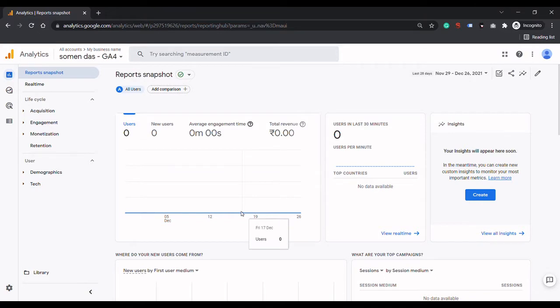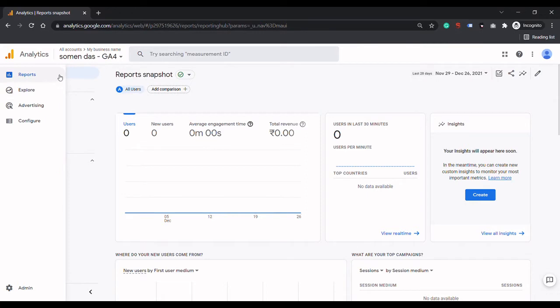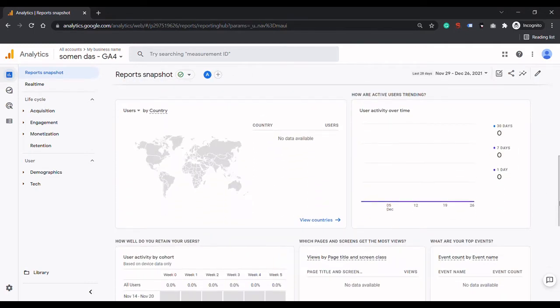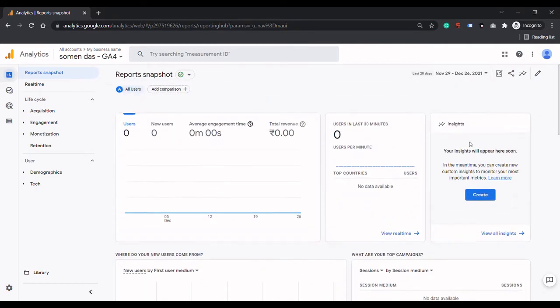Guys, in this video we're going to try to understand the dashboard of Google Analytics 4. Currently I'm at the reports section of Analytics, and here in the report snapshot you can see various panels are given. We are going to understand them one by one, but currently you can see we have no data